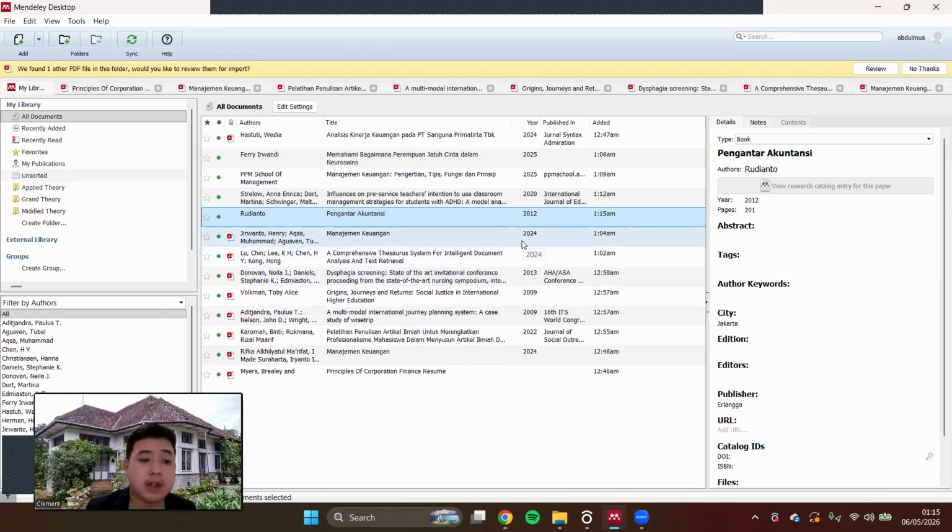If your research methodology title is in the field of marketing, for example, about forecast decision, then the theoretical categorization in Mendeley will look like this. For the grand theory, I'm using agency theory as the primary foundation. This theory explains the relationship between shareholder and management in measuring firm value.